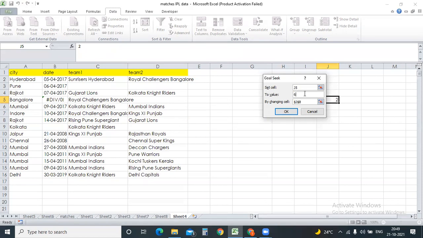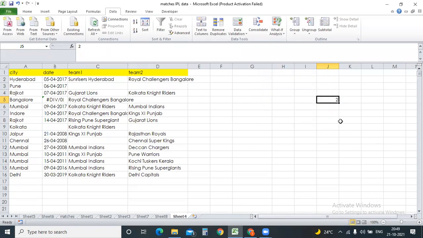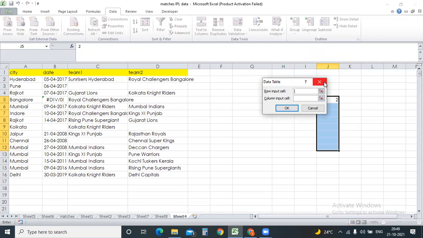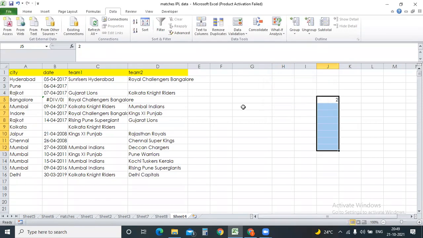What exactly will Goal Seek do? It will take some values and populate the remaining values. For example, if there is a value of 2, and you give a value of 4 or 6, it will automatically sum up and give you the values. There is some mathematics with respect to Goal Seek. I don't think it is really important for your level. If you want, I can check and get back to you. And data tables, with row inputs and column inputs. But anyway, these are the important things till here. What-If Analysis, I don't think it will be used.